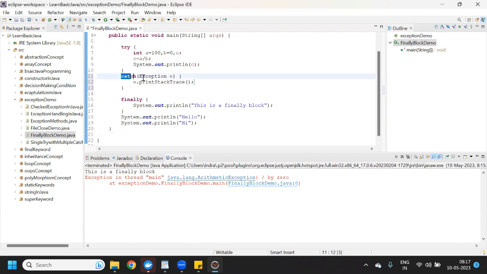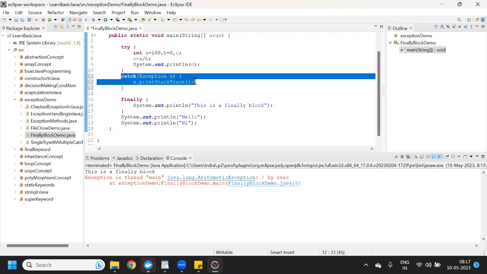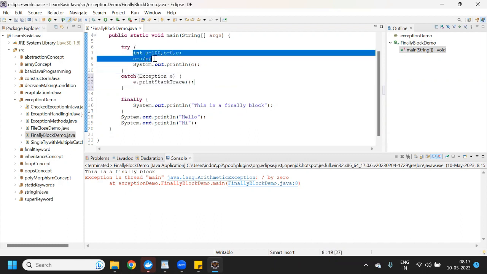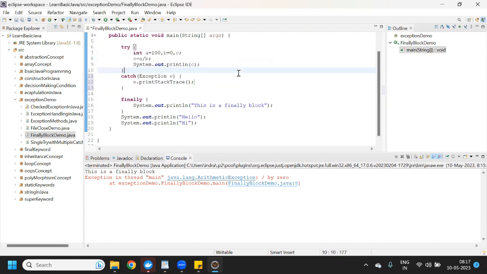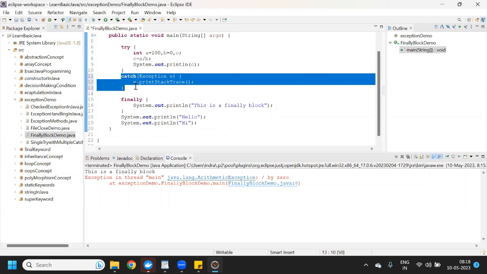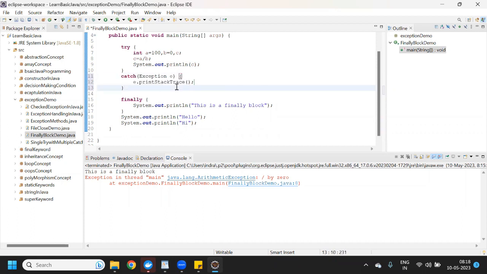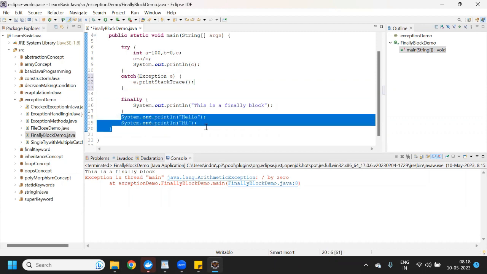Using a catch block doesn't mean your program got fixed. No. If this line of code is throwing an exception and moving under the catch block, it means your program is not correct. You need to fix it, right? So here we are using the catch block so that if any exception is thrown, our remaining code should not break and it should be executed, right?